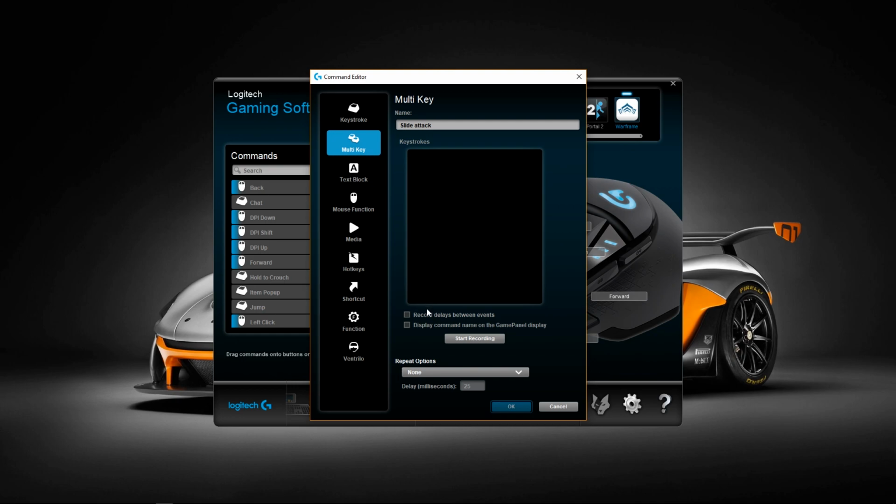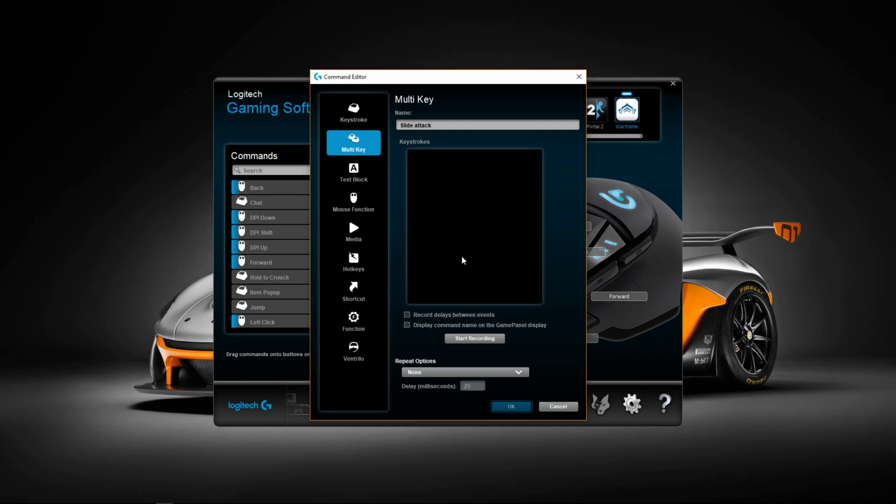And I have record delays and display command name both unchecked. The display command name is not really important, and recording delays is not really something that I would like in a macro. I want it to be sort of instantaneous,